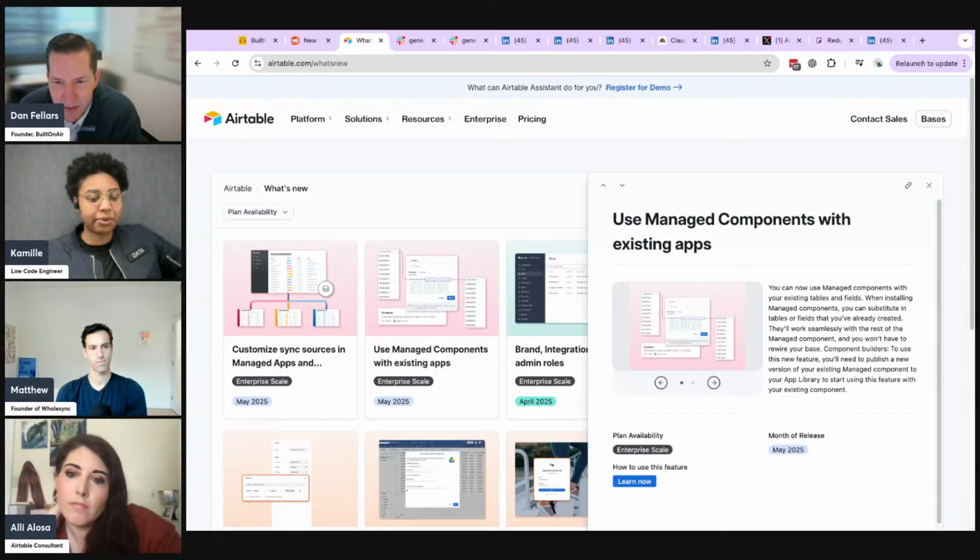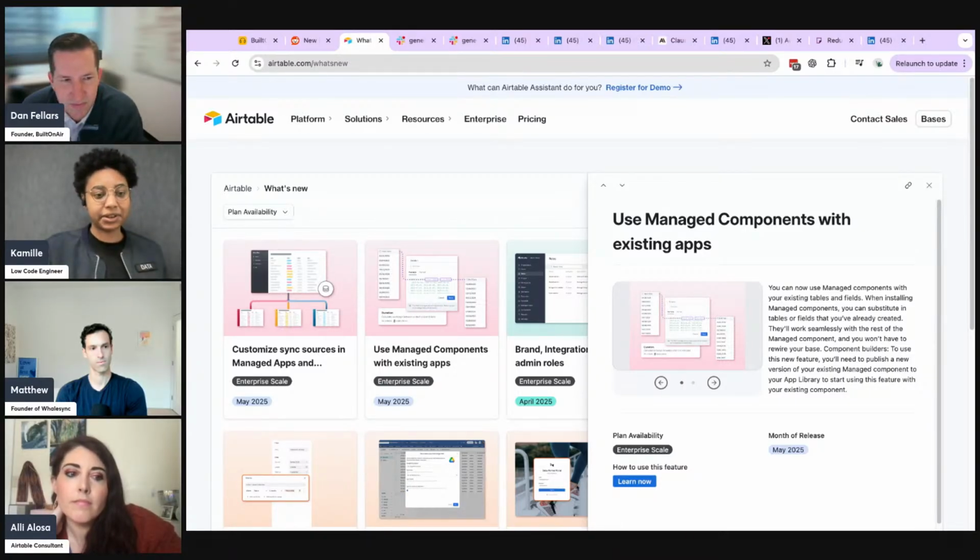Right. So what it says is that when you are installing a custom component into an existing app, the example they give is a formula field that comes with two fields, a start and an end date, and the formula gives you a date range. If you're installing that component into an existing app, and you already have a start date and end date, you don't have to add two brand new fields, which was a pain point for me and for many others. You can say, use these existing fields I already have, but bring in this new formula